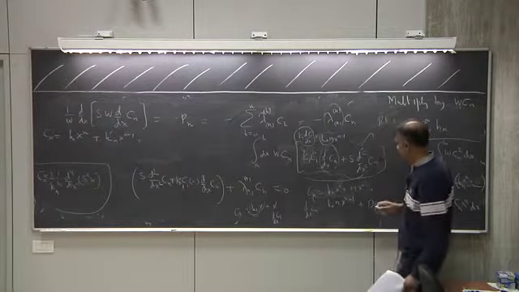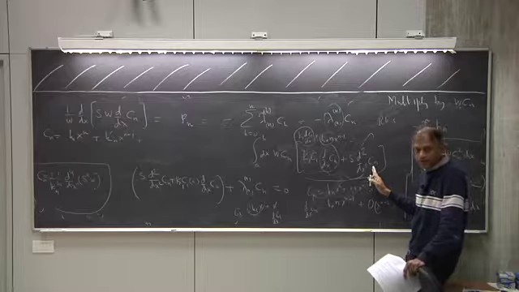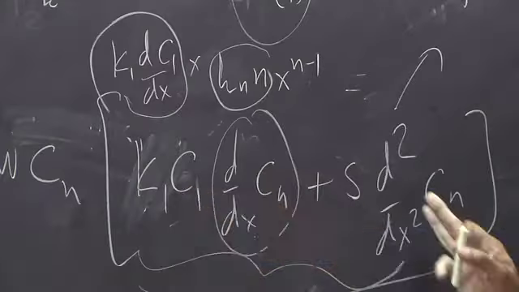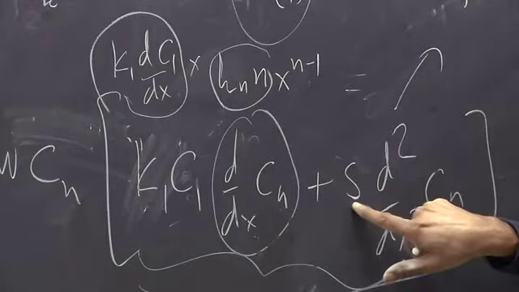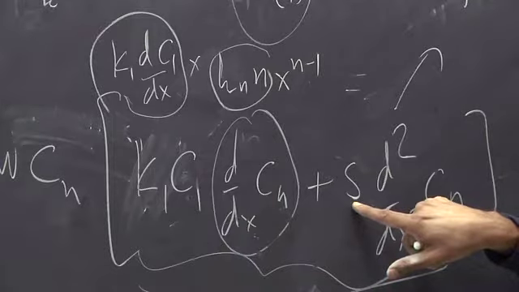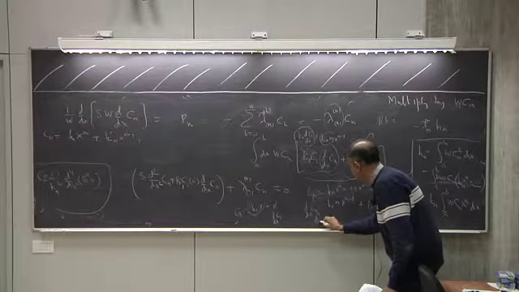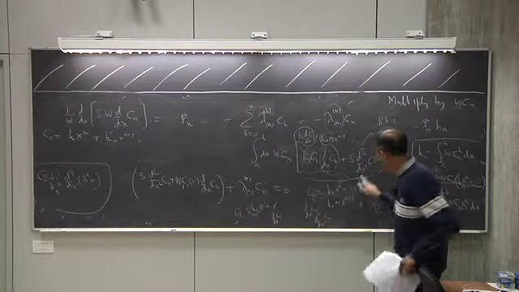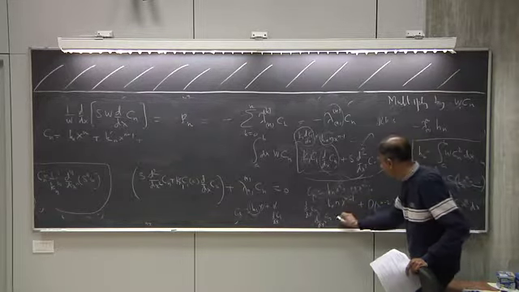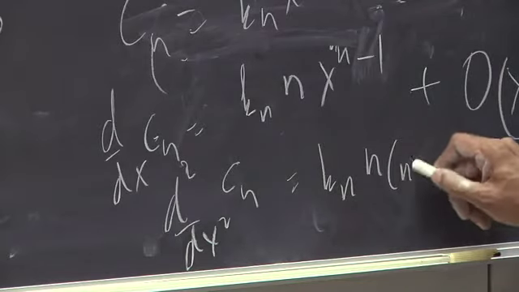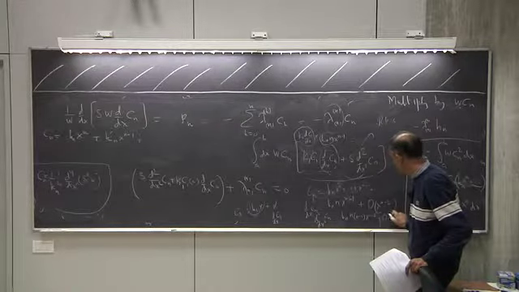What about from here? Here I look at the two derivatives. So this will be at most x to the n minus 2, right? So in order to get x to the n, I need to take precisely the x to the n minus 2 term from here and the x square term from there, because s is at most quadratic, right? So what is d2 by dx2 of Cn? I want to pick up x to the n minus 2 from here, so only this term is relevant. So you get here Kn times n minus 1, n minus 2, plus lower orders, x to the n minus 3,